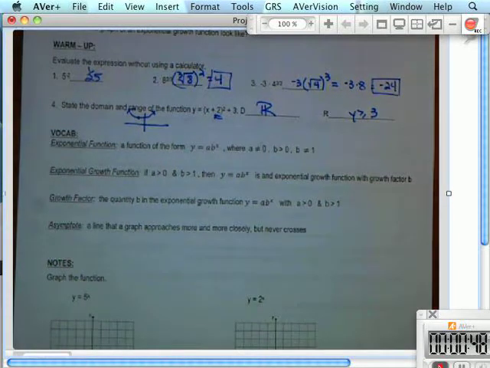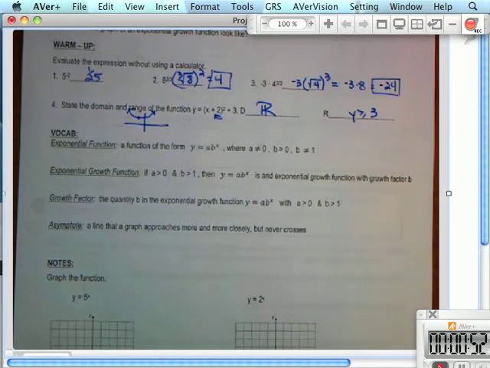Hey, so what we're doing is we're doing exponential growth and decay today. And you've done it before. We did it a little bit in algebra. I don't know about whether you do it in geometry or not, probably not, but that's what we're doing. So,